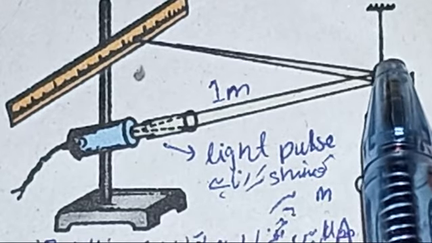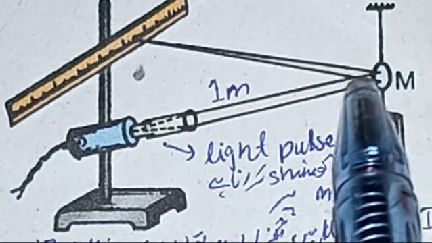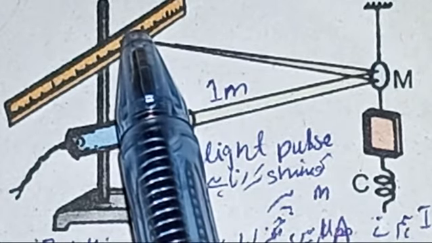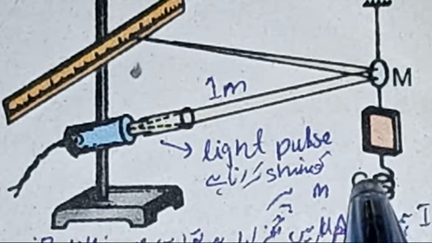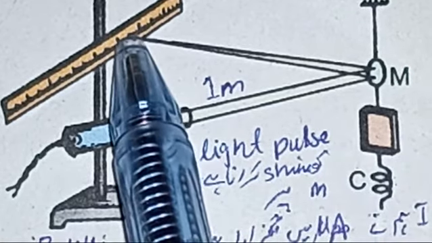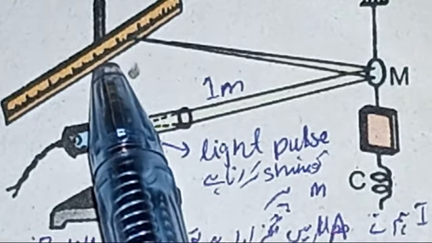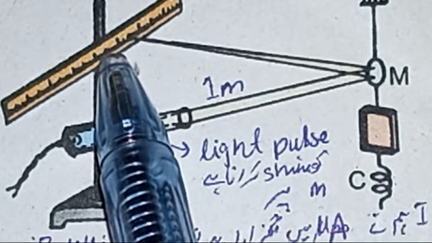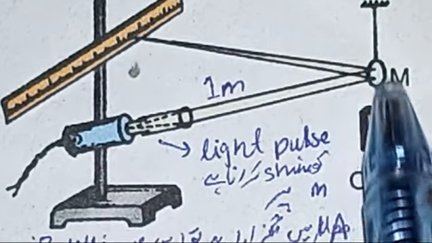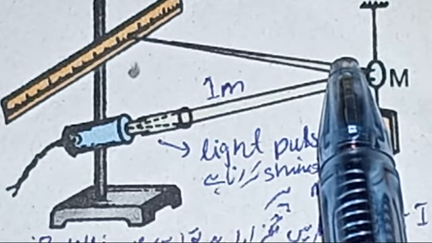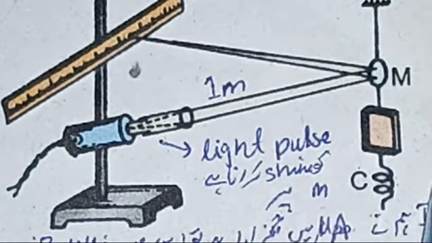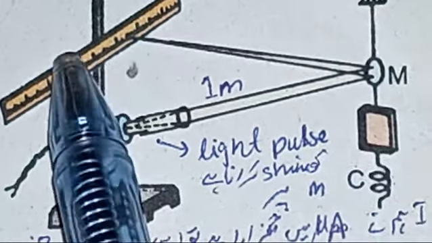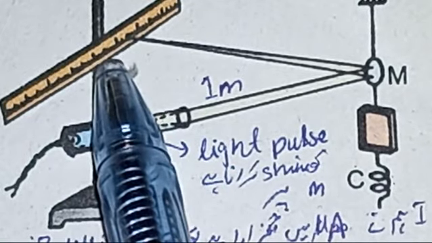In start, when there is no current passing through this wire, then first of all we will check a zero reading, reflection of light with the help of that spot that is focused on this scale. And when current is passed through this coil, we will check the change of the position of the spot. So the displacement of the spot of light on the scale is proportional to the angle of deflection. Understand now? So we can say that theta is directly proportional to d. This angle of deflection is directly proportional to the displacement, which it will change.